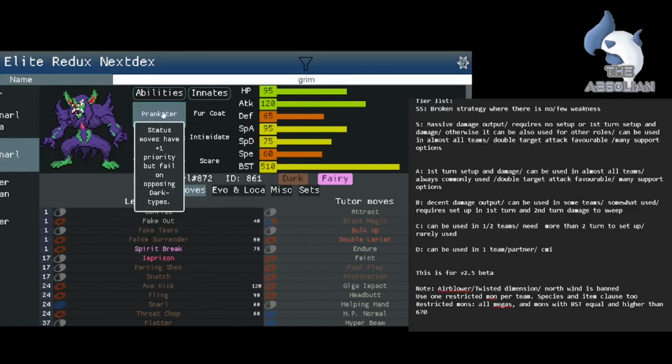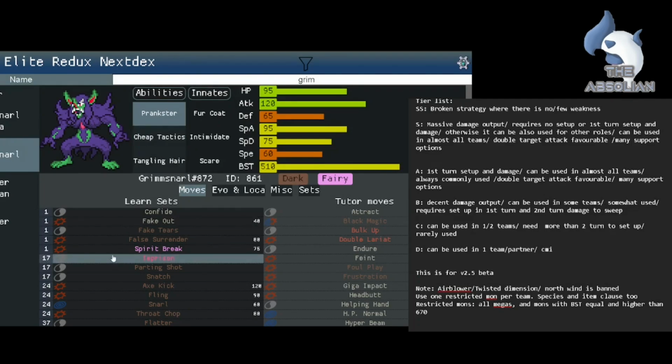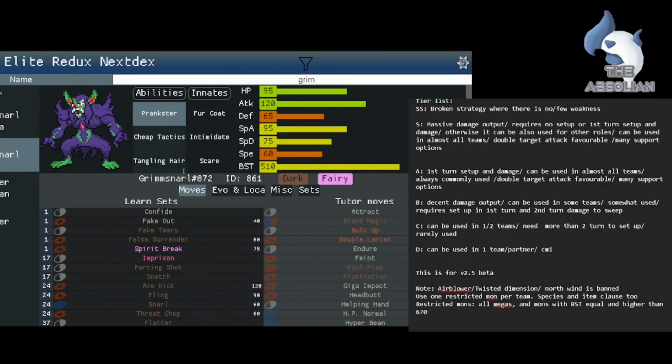So yeah, we can have a Prankster ability, Light Screen, Reflect, Fur Coat. Okay, sorry, it can't be used as a carry, but it can be used in so many ways. It's only more with Intimidate and Scare. Fur Coat makes it more buff. With Prankster, I can make it Light Screen and Reflect. In fact, I think Prankster is a more consistent option, but